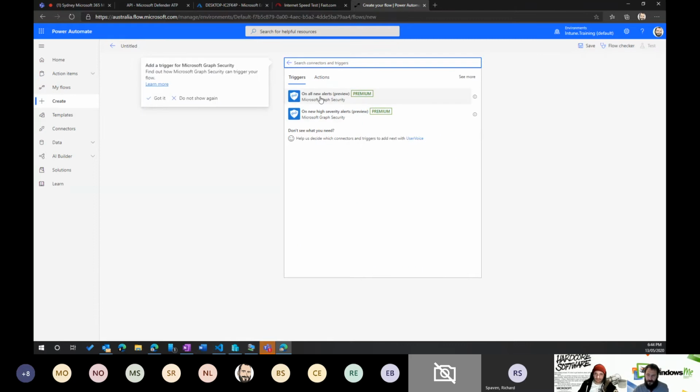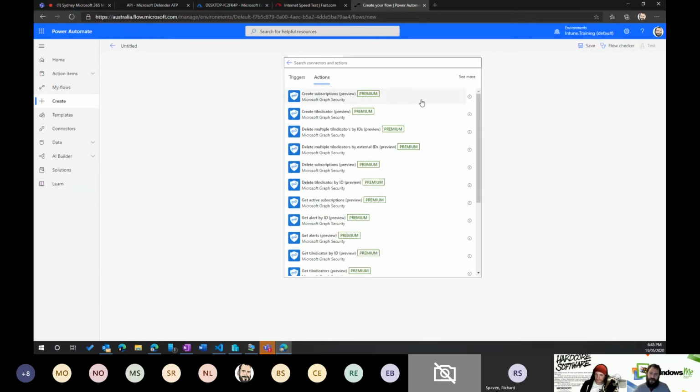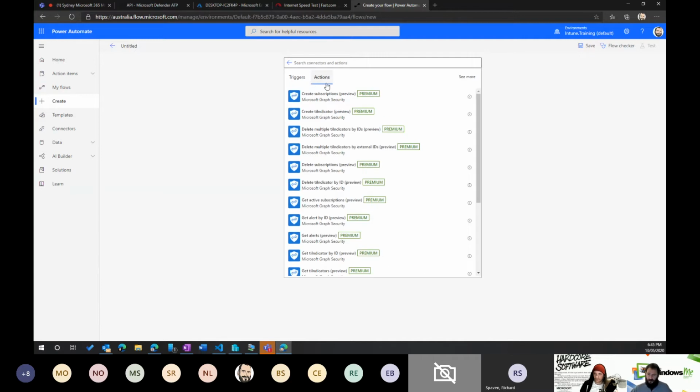And we've got these triggers where we have all new alerts, high security alerts, or high severity alerts. From there, we also have the ability to create actions off that information. So what we've done previously in other solutions is rather than using the triggers and using the alerts, because sometimes they can get convoluted and hard to maintain, we have a recurring trigger that will go off and run a